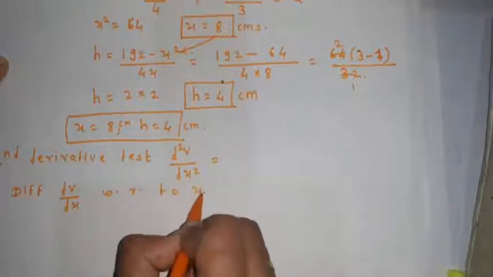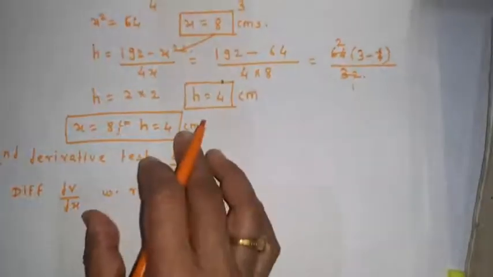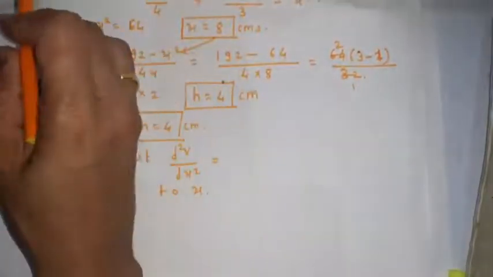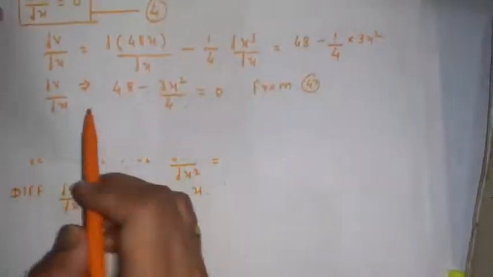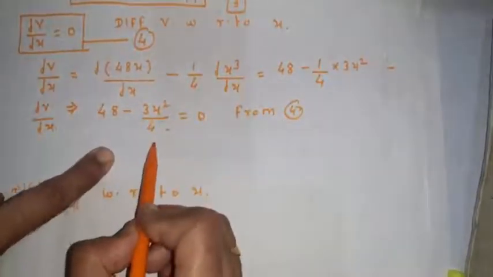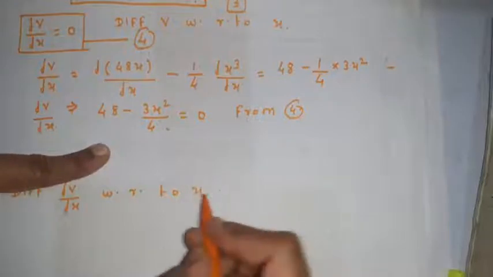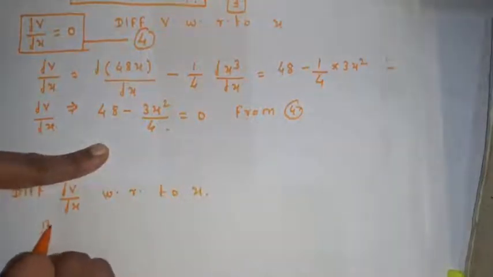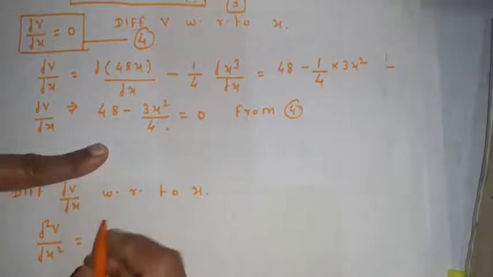What is the expression for dv by dx? Here dv by dx equals 48 minus 3x square upon 4, and that is equal to d2 square v upon dx square,